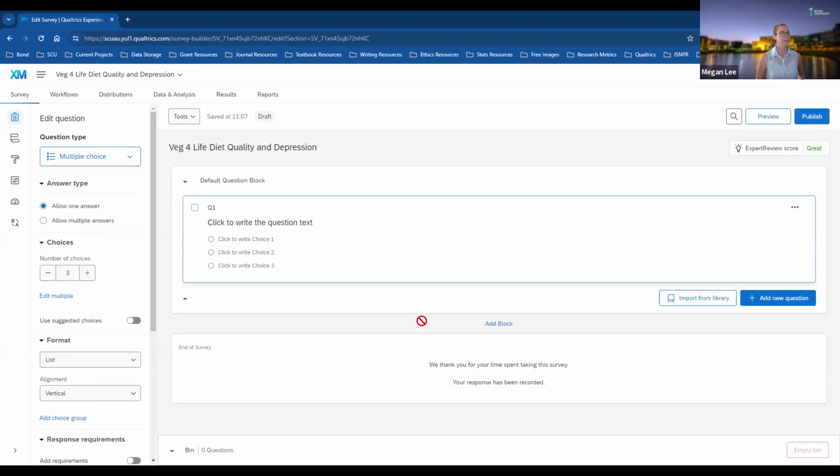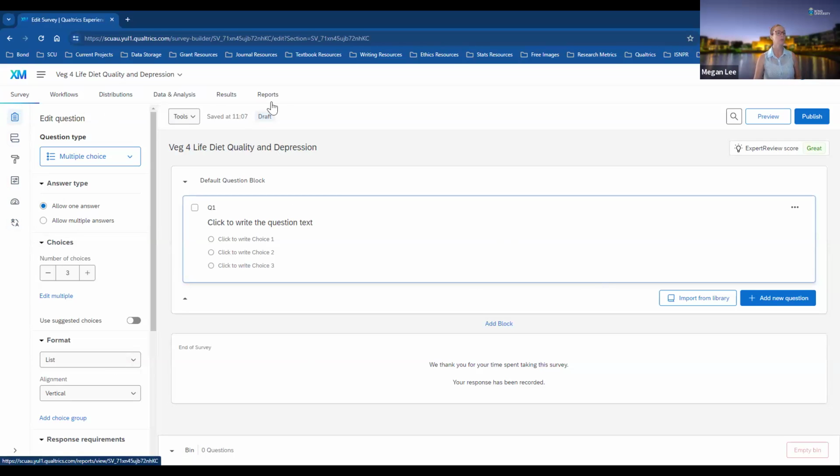So this is the page that will pop up once you have created a project. And from these menu options over on the left-hand side, you can manage your survey. You've got your builder, which is for building your survey, and then you've got the flow of the survey, how it looks and feels, options for your survey, quotas, and then your translations. We will have a look at these once we've created a little bit of a survey so we can see what they all mean. Across the top, you have your workflows, your distributions, your data analysis, your results and reports,